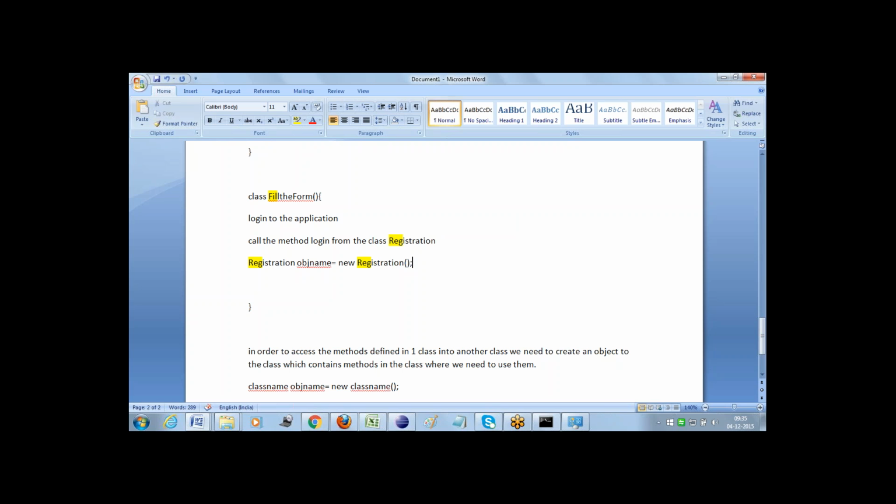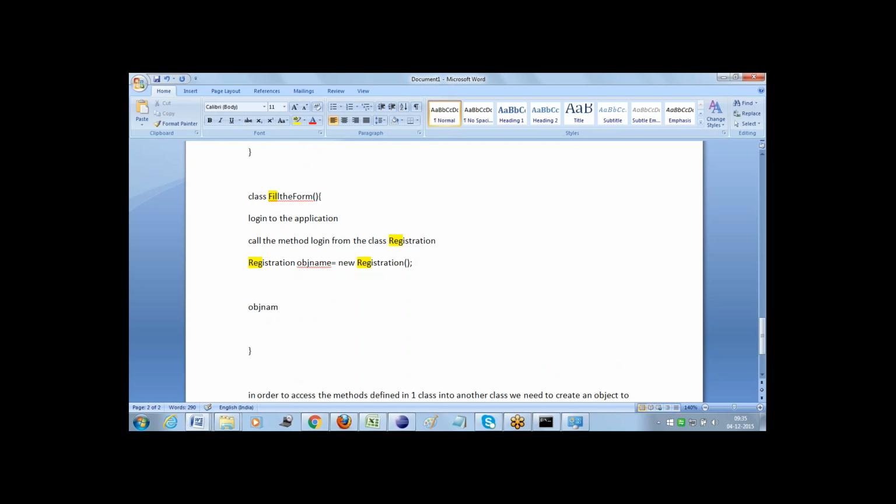So an instance got created of the registration class and stored in obj name. From now on, in the fill form, if I would like to use any information present in the registration class, I can call obj name dot login. Simply I can get the login method from the registration class. The reason is this obj name we have created for the registration class itself, so we can use those methods over here.